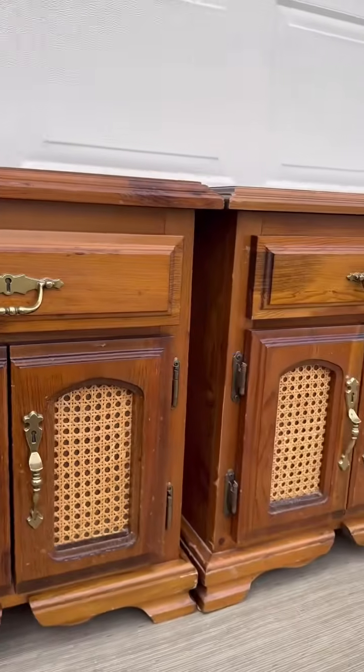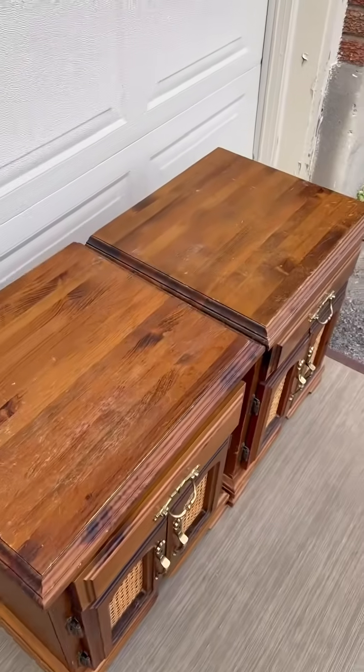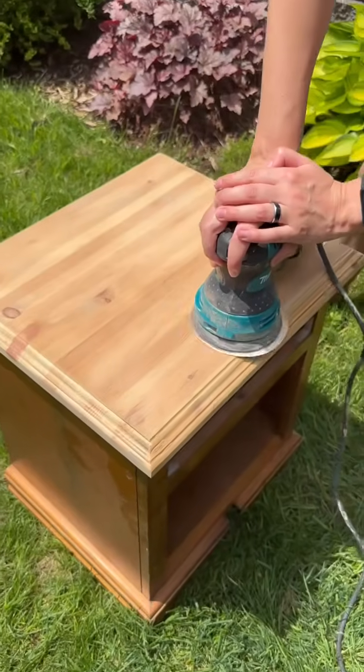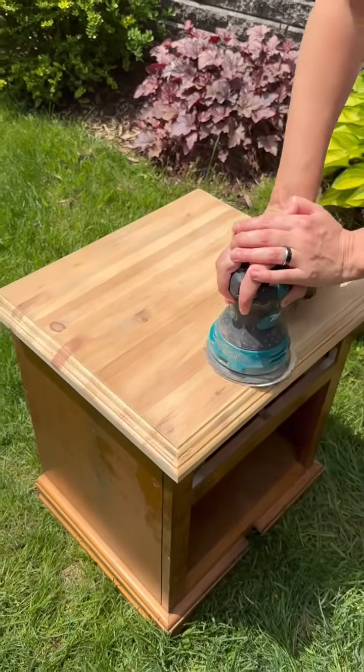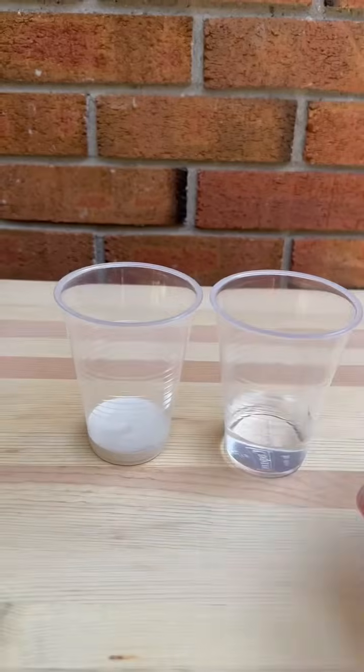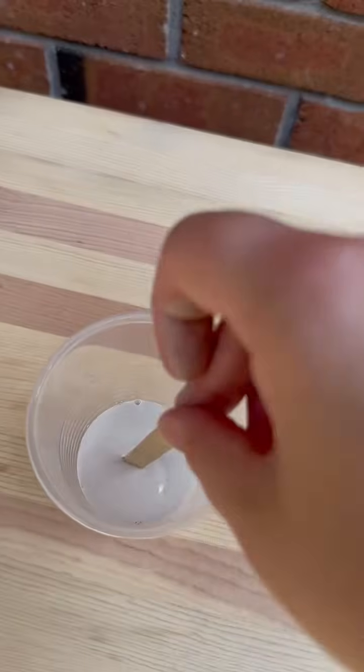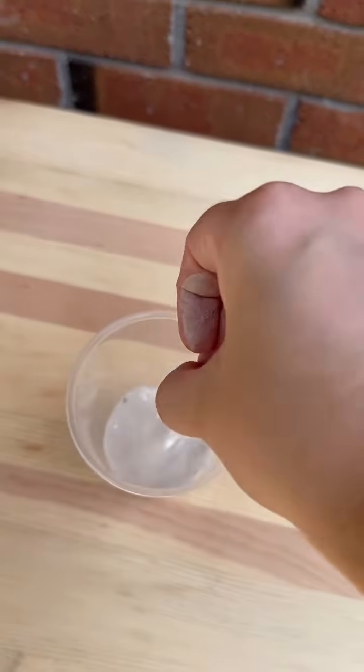We gave these nightstands an absolute glow up, so let's go over how we did this with a paint wash on the top of these stands. We sanded down the tops of the stands to raw wood before using Cathedral Taupe by Fusion Mineral Paint to create a paint wash. For the wash, I used 1 part paint to 2 parts water,